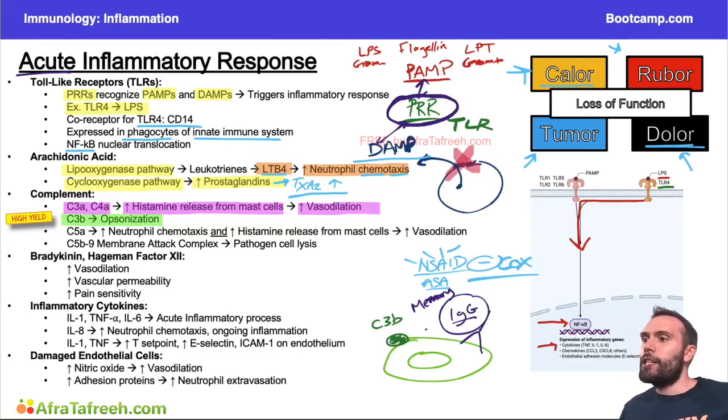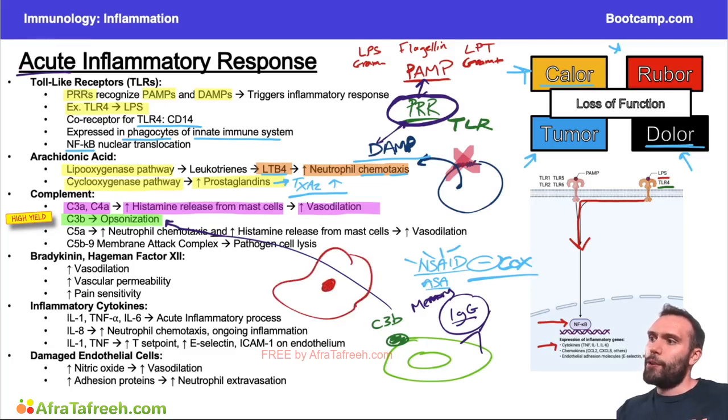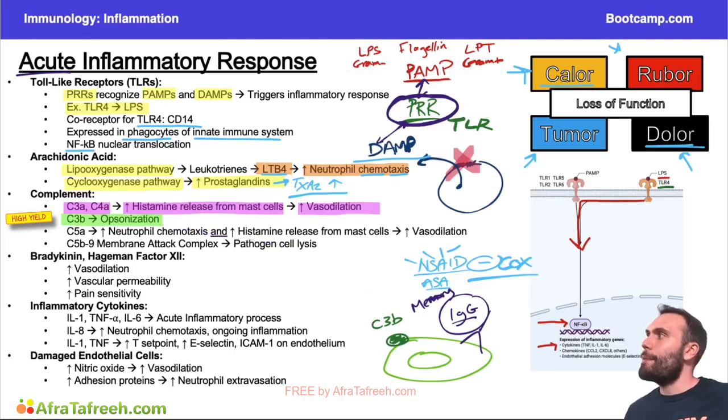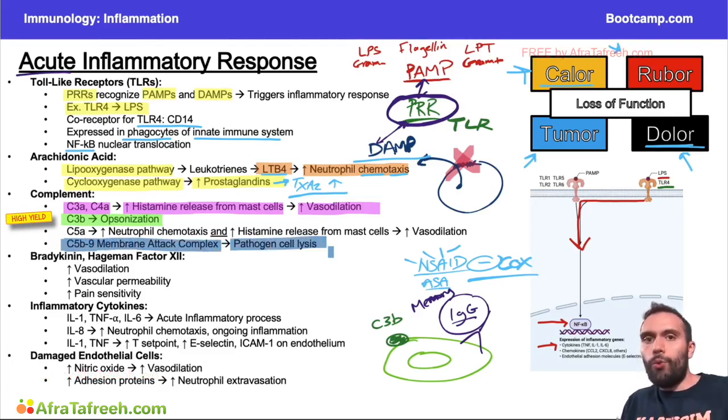So this IgG and C3b are very good for marking this bacteria for what? For opsonization. Now, by having these on the surface, you can have other phagocytes nearby, right? You can have a phagocyte nearby here, and this phagocyte now knows to destroy this bacteria, or to phagocytose it, because it's marked for destruction. And the other thing that can happen is your complement can eventually lead to the membrane attack complex forming on that bacteria. So remember, the membrane attack complex is the terminal part of complement. So it's C5b to C9. That's going to make the membrane attack complex, and that can basically punch holes into the cell